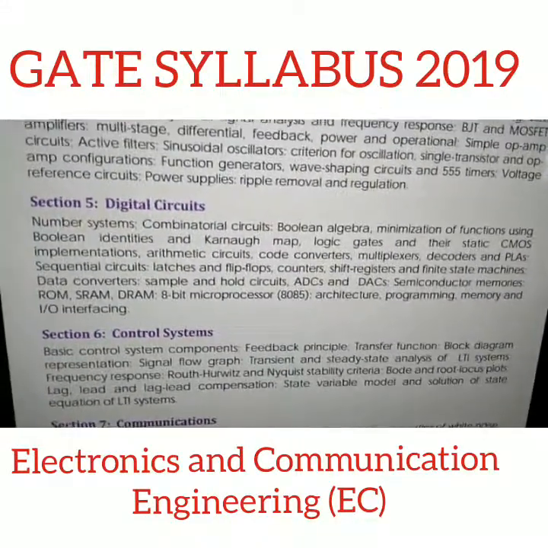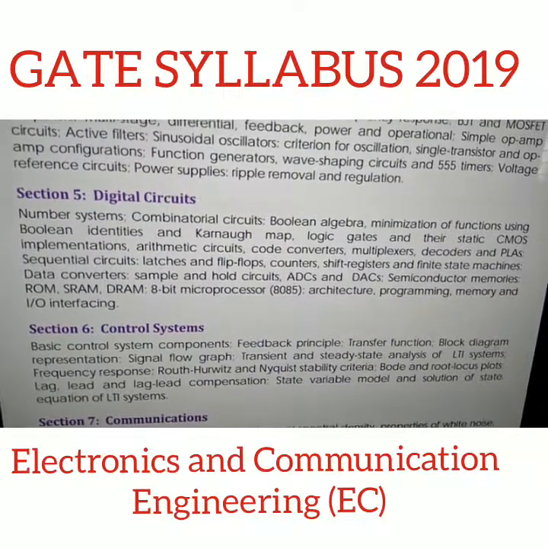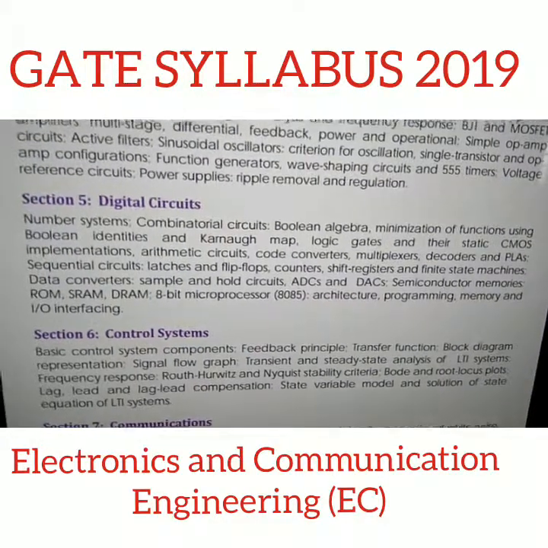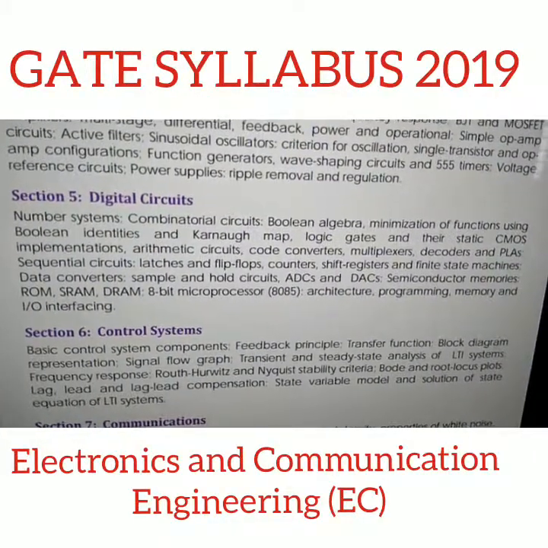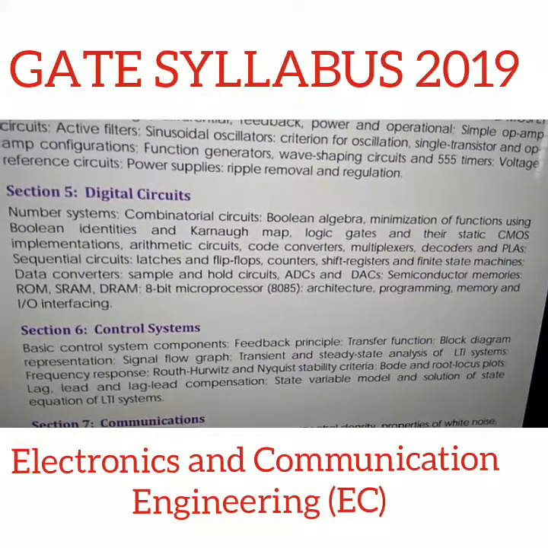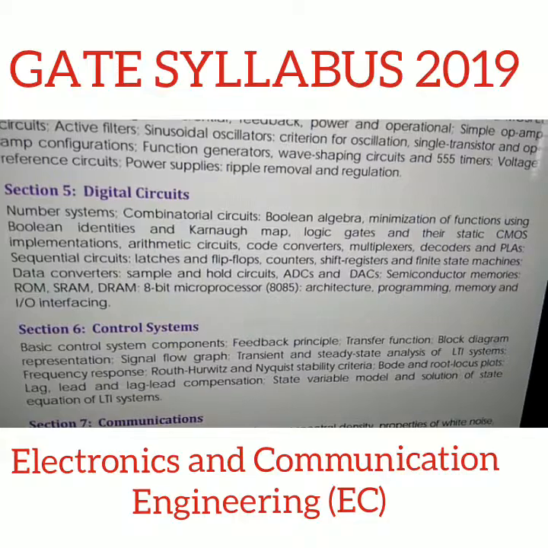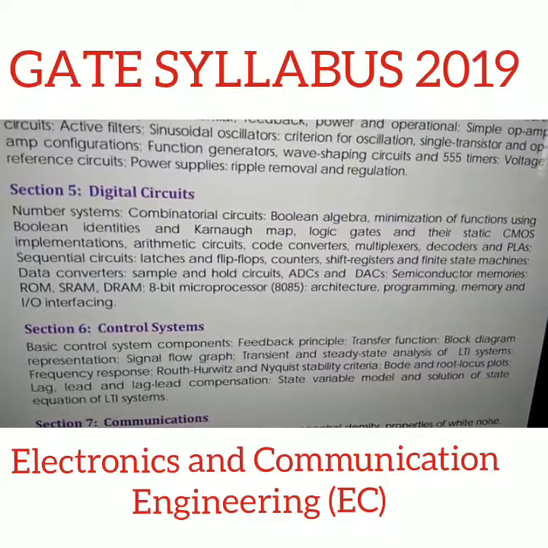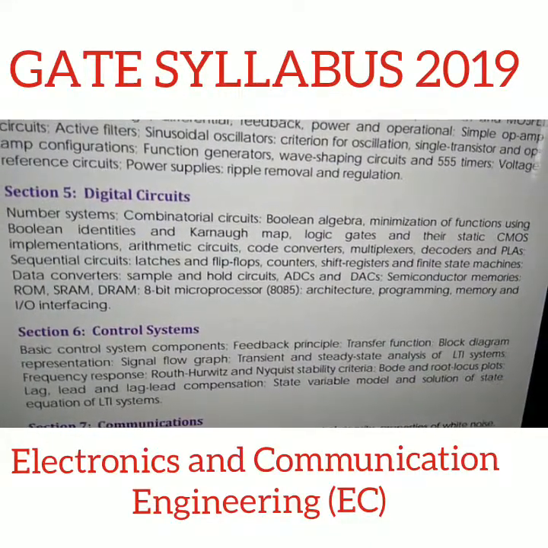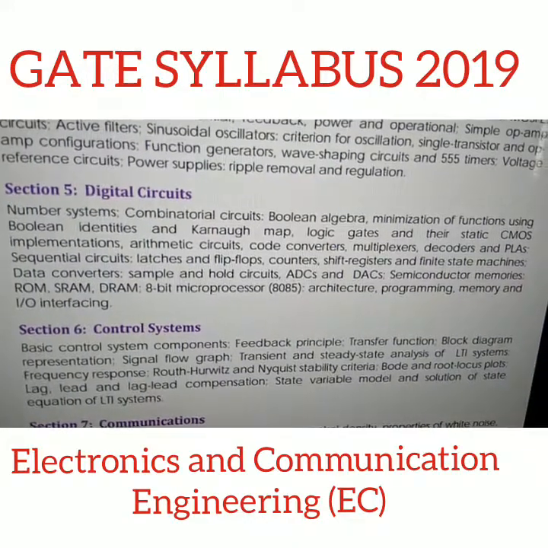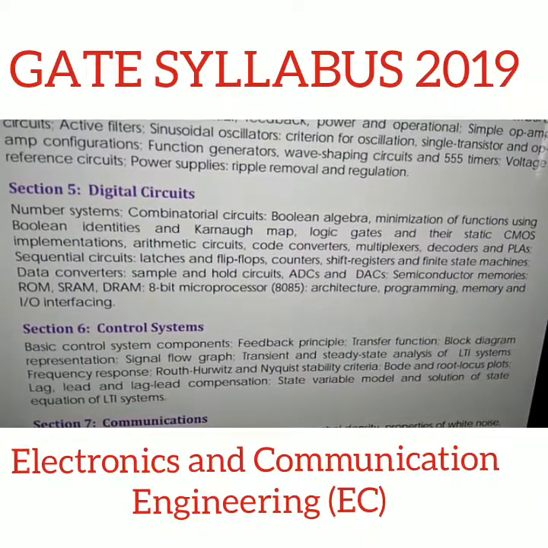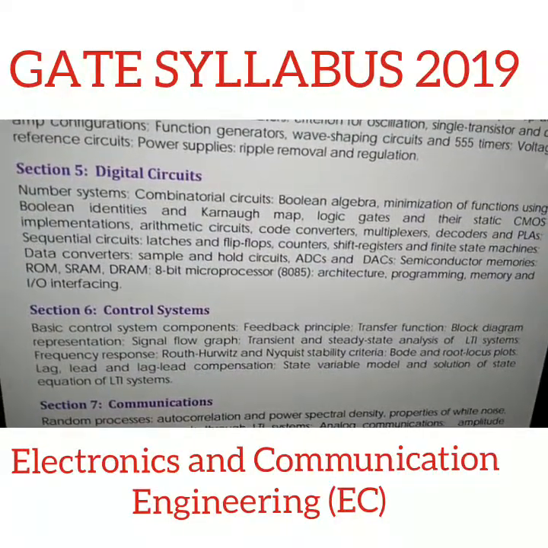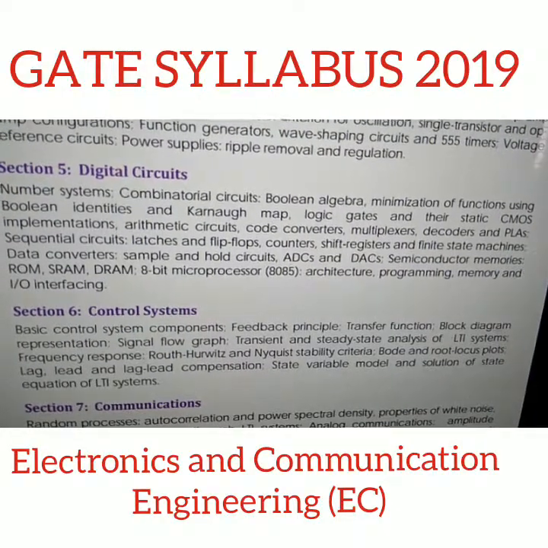Section 5, digital circuits, which includes number systems, combinatorial circuits, Boolean algebra, minimization of functions using Boolean identities and Karnaugh map, logic gates and their static CMOS implementation, arithmetic circuits, code converters, multiplexers, decoders and PLAs, sequential circuits, latches and flip-flops, counters, shift registers and finite state machines, data converters, sample and hold circuits, ADCs and DACs, semiconductor memories, ROM, SRAM, DRAM, 8-bit microprocessor, that is 8085 architecture,